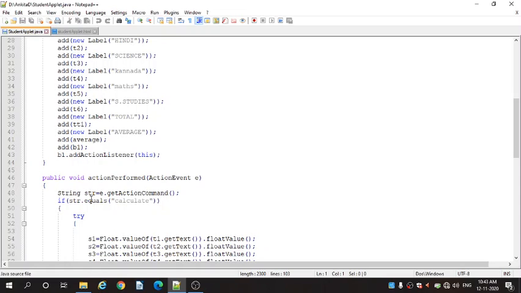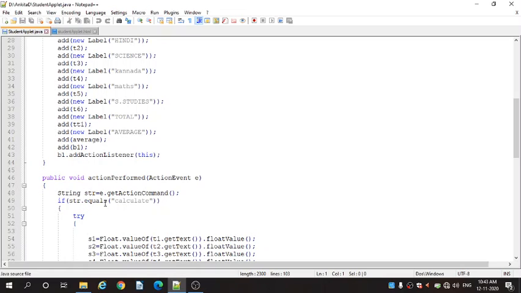We have created the variable str as String type, and we are passing e.getActionCommand(), which reads the text on the button. It is reading the action performed by the button.